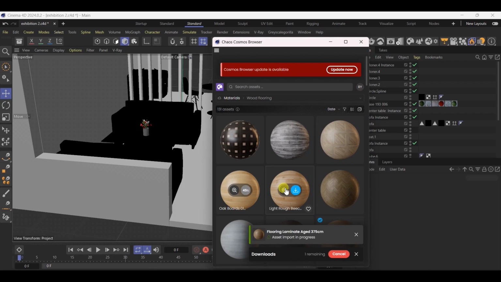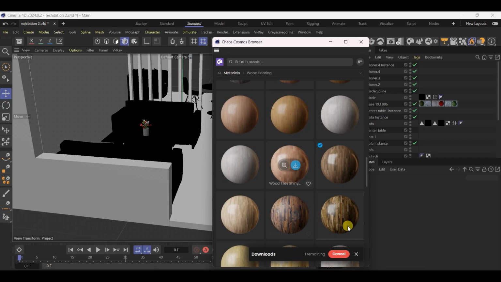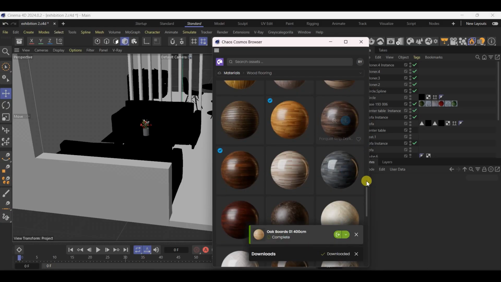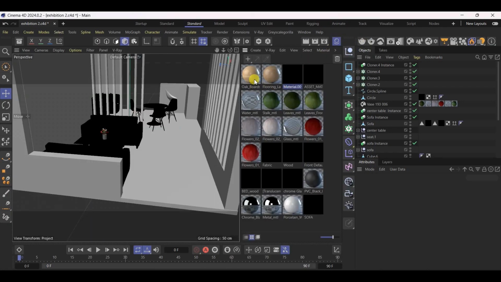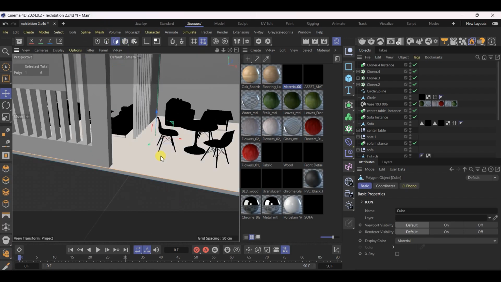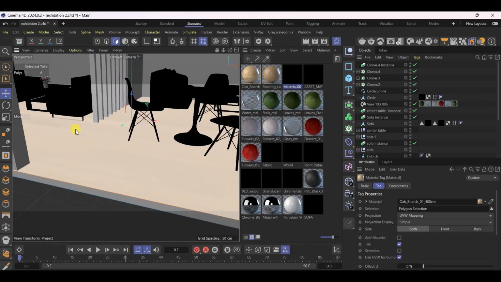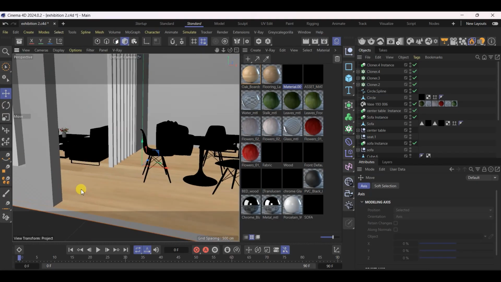I think this one is done. Let's wait for this one to be done as well. Okay, so let's bring it in. As you can see, we already have it there. Now I'm going to select the surface and then apply. As you can see, we have our textures there,